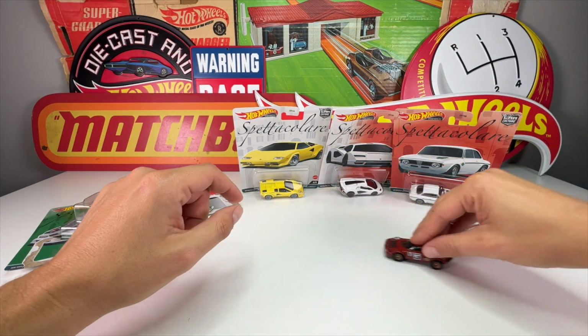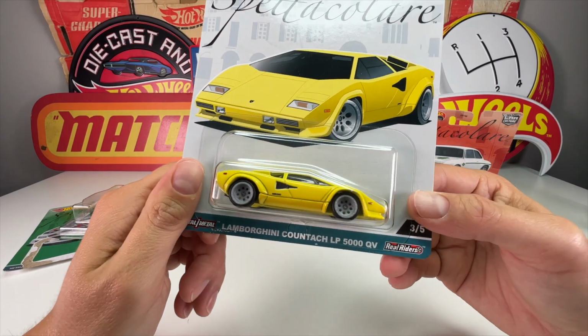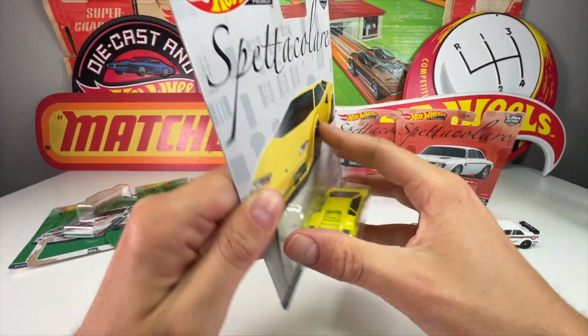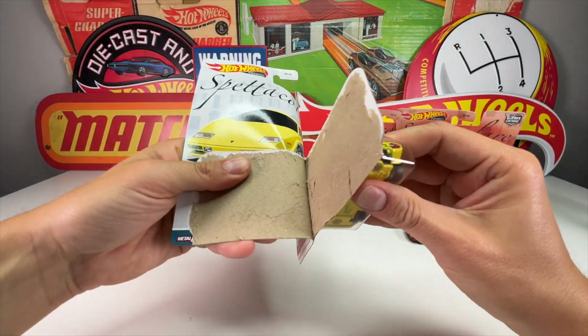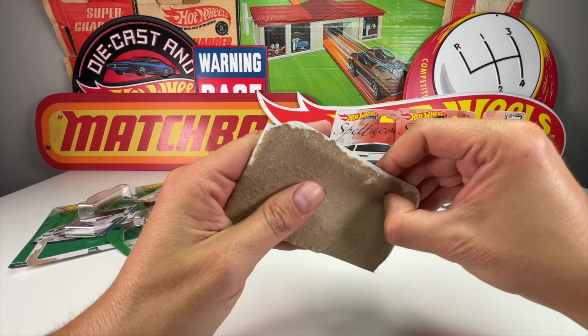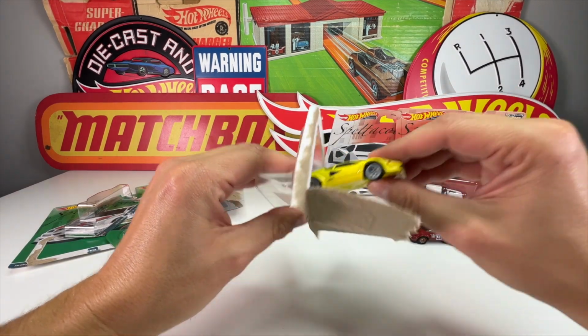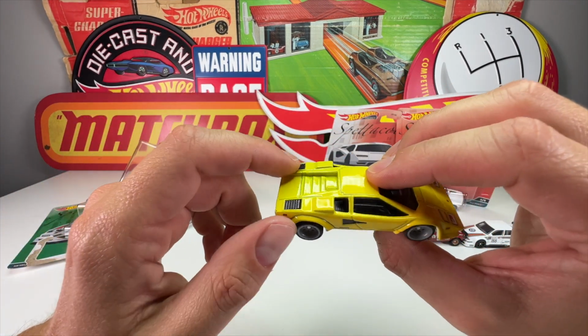Man, that's awesome. Rolls pretty well too. So next up is the Countach LPI 5000 QV. This came out, when was the first one? I think it was the Jay Leno line in red, and then that came out as the Chase in that line. So there are technically 3 of these released so far,